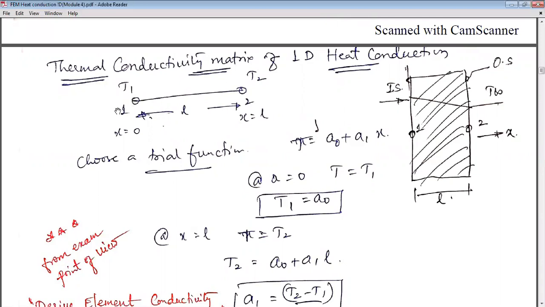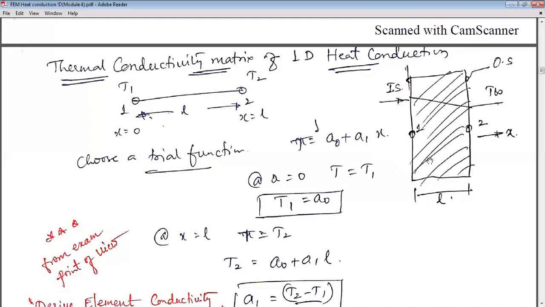So what are the steps? Let me explain. Take one body of thickness L units. You have the inner surface and the outer surface. There is a high temperature here. Consider this as a furnace wall. I'm sure you are familiar with these examples from your heat transfer classes. This area is exposed to high temperature. There is a thickness L. Of course, this is made of some kind of material, and the property of the material is called thermal conductivity.